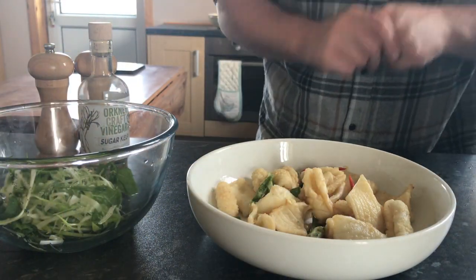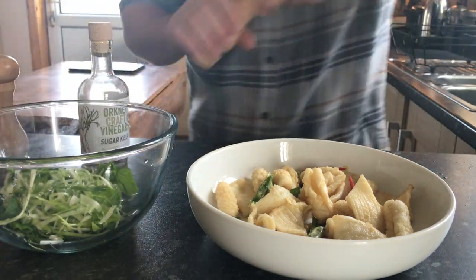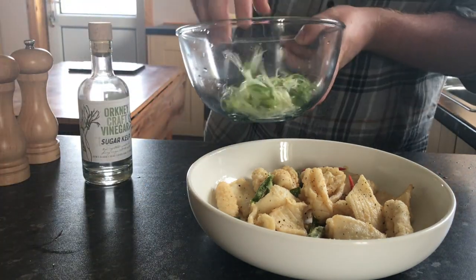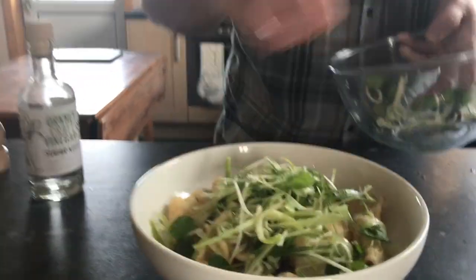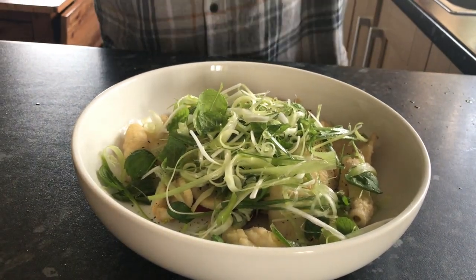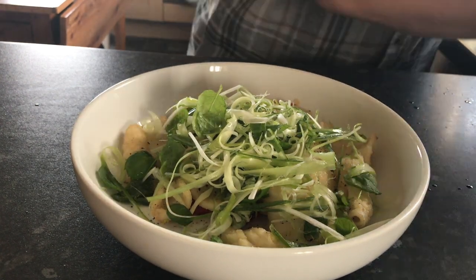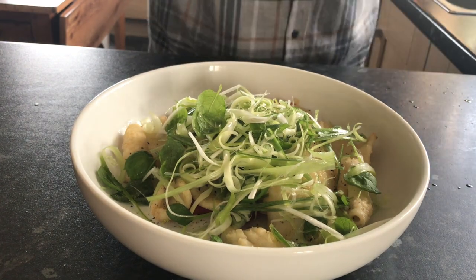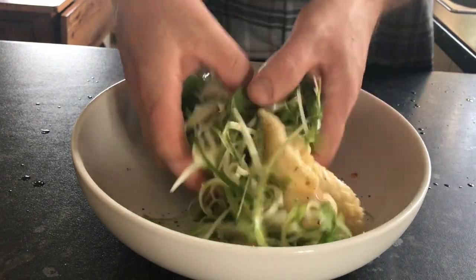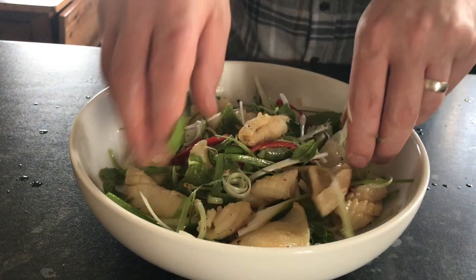So now we've drained the squid, we're going to season nicely with some salt, cracked black pepper. I've drained the spring onions and the mint. I'm going to get that into the bowl. And we want to take a tablespoon of our kelp vinegar. A little squeeze of lime just to freshen up. And just a quick mix in the bowl. Here we have a lovely